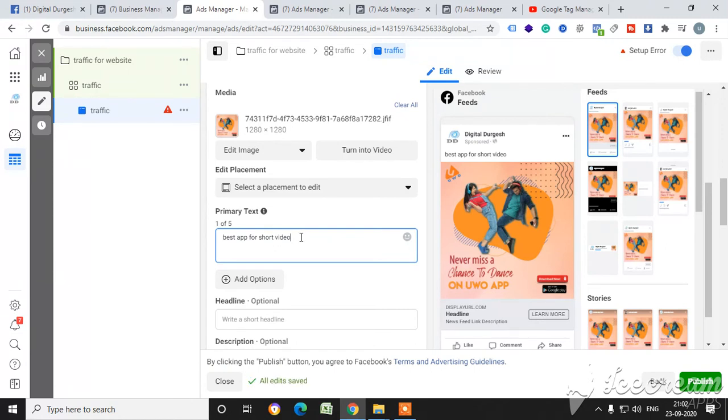And you can also use a hashtag of your app, #1 India app.